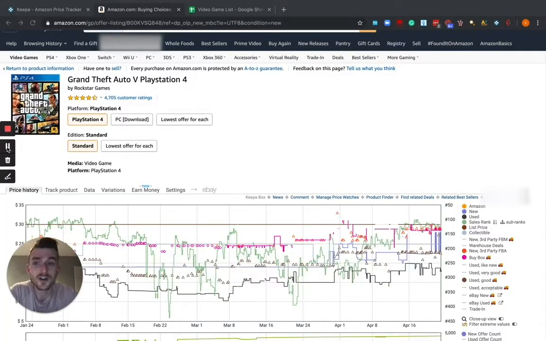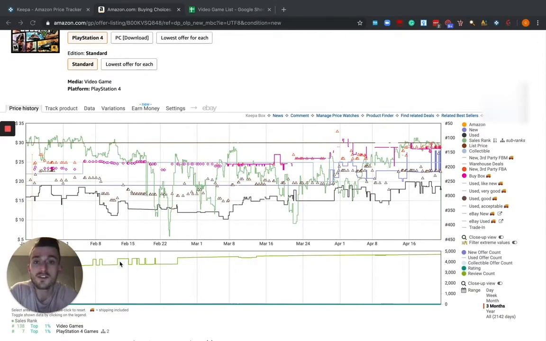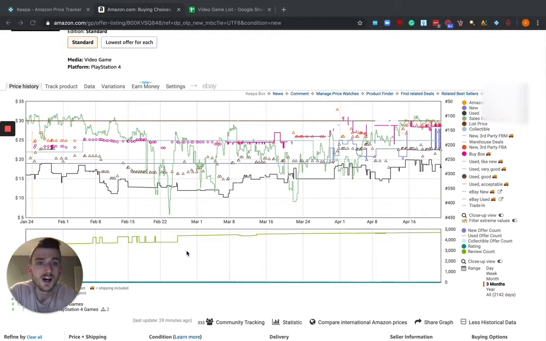All right, so here we are on a product detail page, and here we have Keepa. For those of you who have not seen Keepa before, this is what it looks like. All it is, is a Chrome extension. All you have to do is simply download it onto your browser, into your Chrome, and it'll just run in the background. It'll latch on to your Amazon detail page, and it will extract all of the data that Amazon